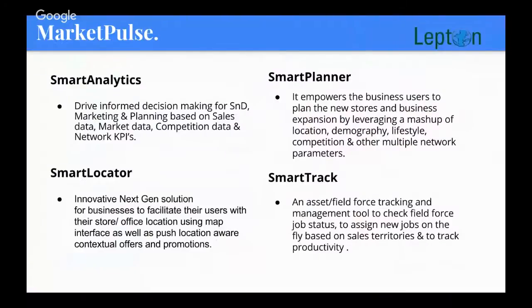Then we have another platform called Market Pulse. This is applicable across the verticals, including telecom, and specifically for sales, marketing, and business expansion, network expansion team. We have 4 different products here. The first one is called Smart Analytics, which is plain vanilla business intelligence tool or visual analytics tool, wherein you can plug in your internal data, your sales data, your competition data, your whole business network data on the maps,